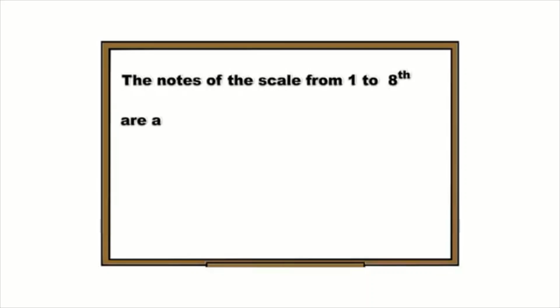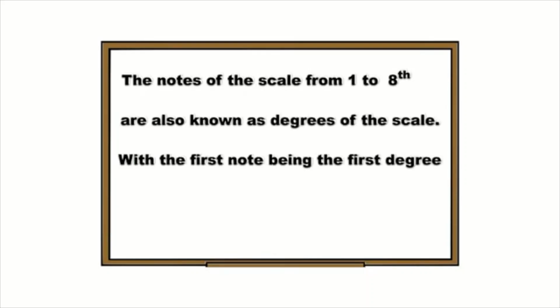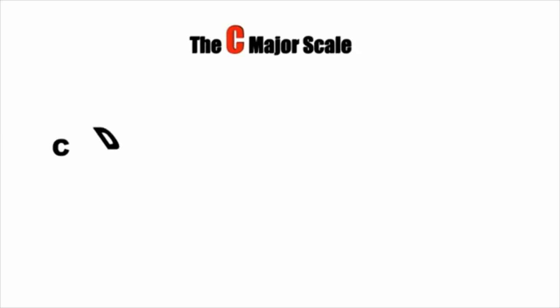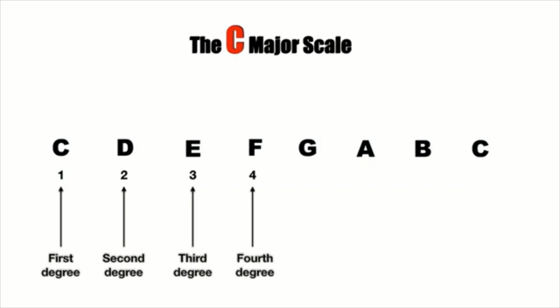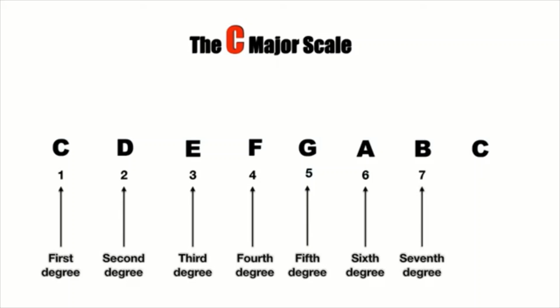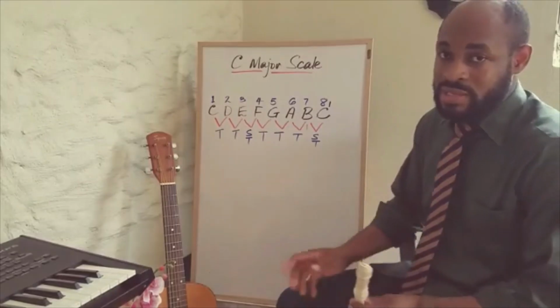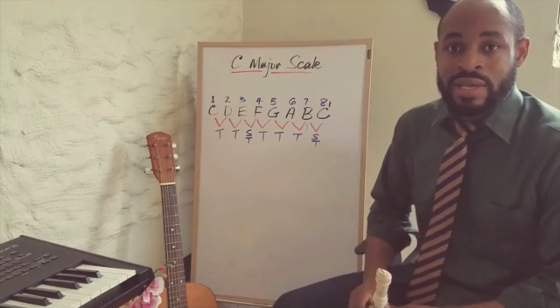The notes of the major scale from 1 to 8 are known as degrees of the scale, with the first note being the first degree and the second note the second degree, and so on. First degree, second degree, third degree, fourth degree, fifth degree, sixth degree, seventh degree, eighth degree. A major scale is defined as a series of 8 consecutive notes that use a pattern of tones